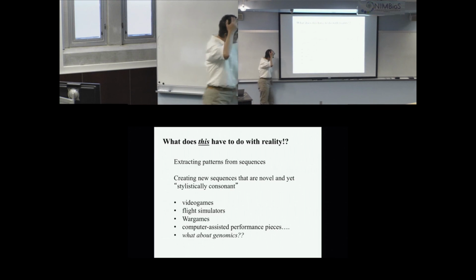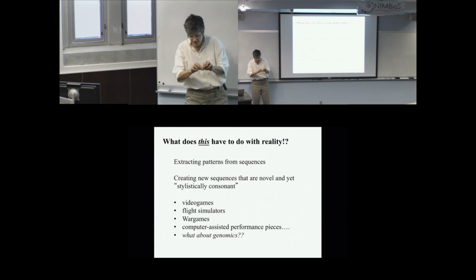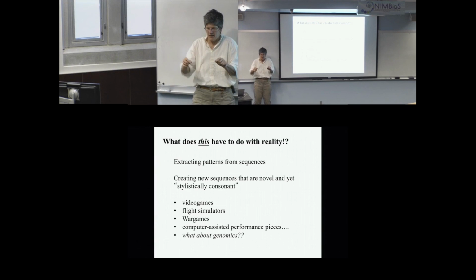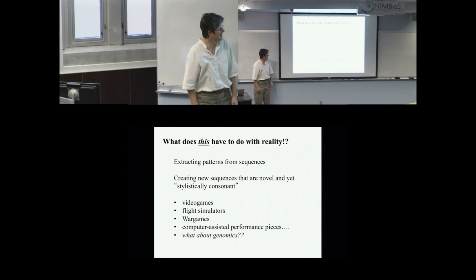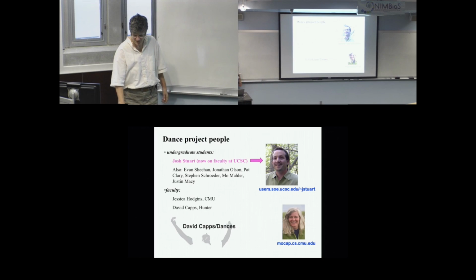Something that I wanted to throw out to you guys, people keep asking me this, and I don't know if it would be useful, but you care a lot about sequences that have patterns in them, and they have characteristic patterns. What about doing this, and I don't know what the right experiment is, to take a strand of DNA and take the ACG to whatever, and then do this on it and then grow the organism? Is this possible? Anyway, everyone's wincing. So people always ask me this, so I thought, I'm talking to mathematical biologists, what the heck? So I don't know. That might be something that we could talk about.